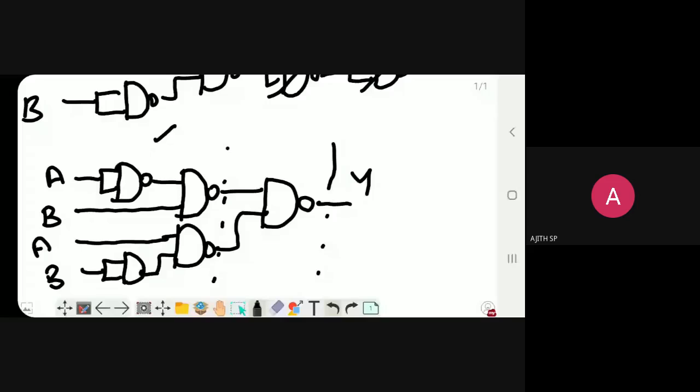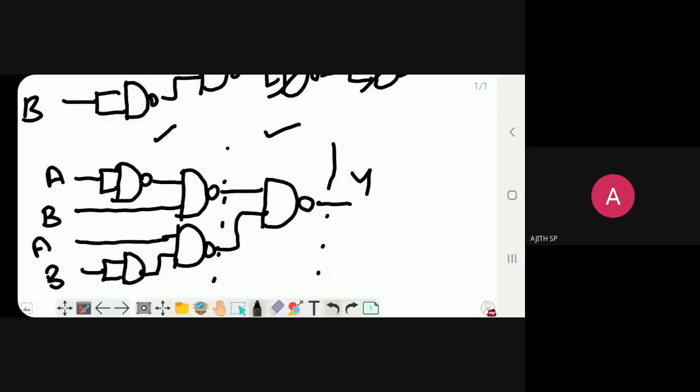In case it increases beyond two levels, then it is said to be a multi-level logic diagram. So if a circuit has only two levels, that is called a two-level digital logic diagram. If it increases beyond two levels, it is called a multi-level logic diagram.